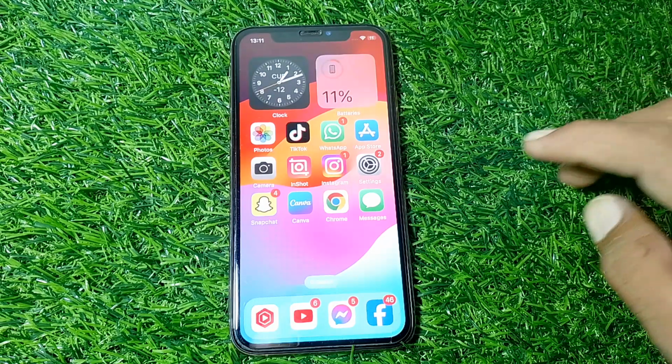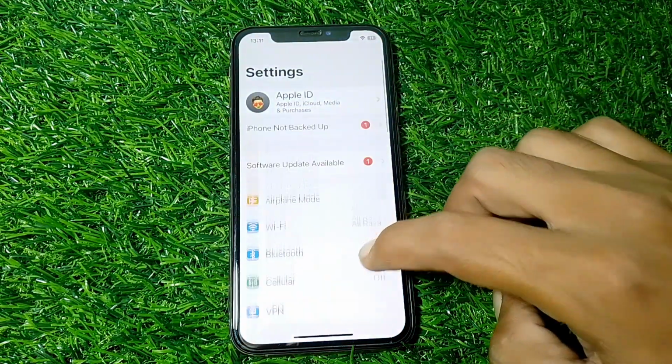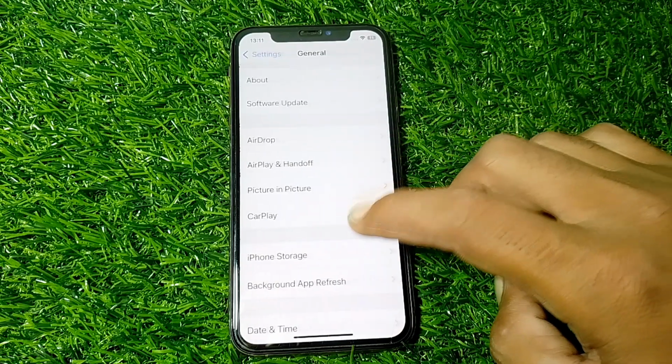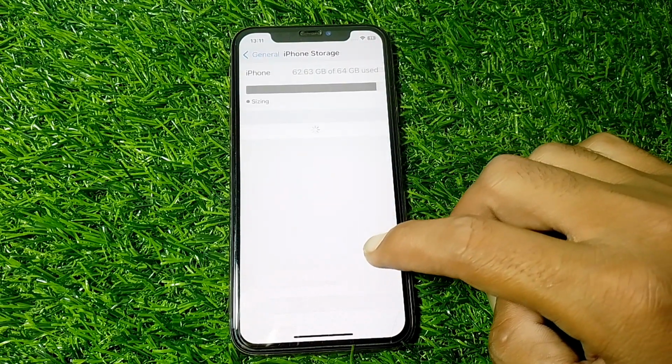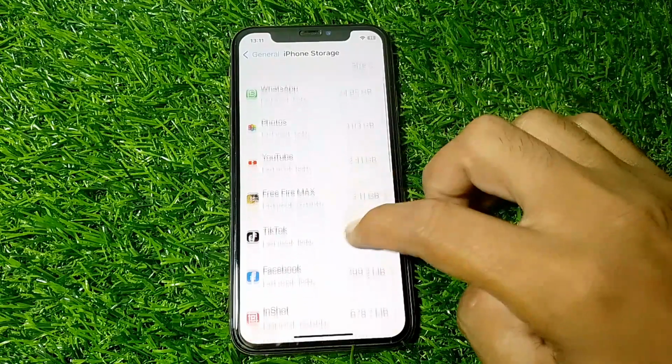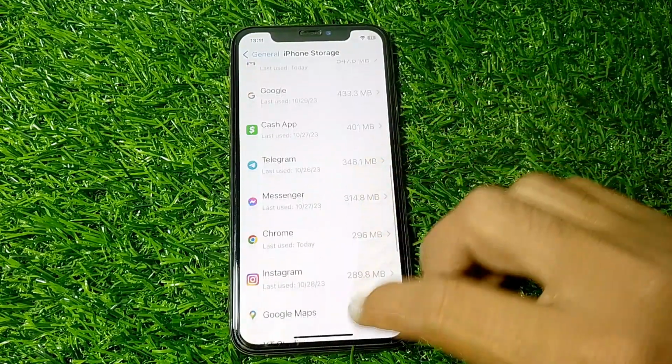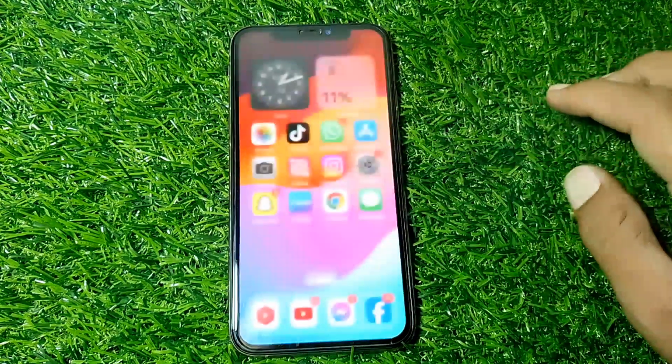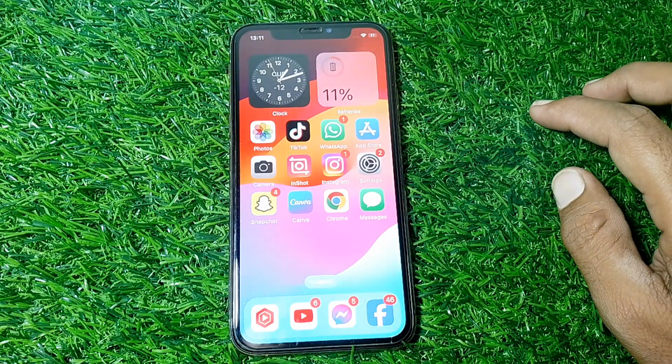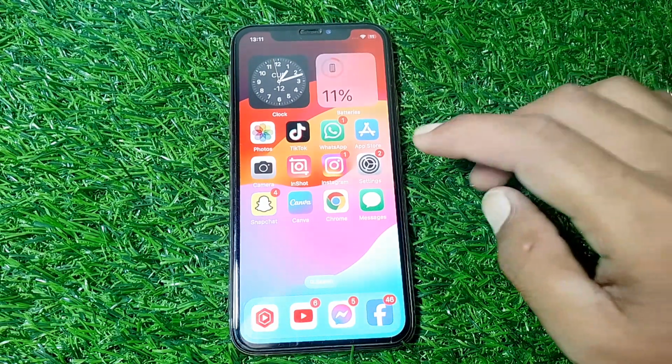If it's still not working, just simply open the settings, scroll down, tap on general, tap on iPhone storage. From here you have to update your Apple Pay wallet app and then check if it's working or not. If it's still not working for you guys, then what you need to do is just simply have to